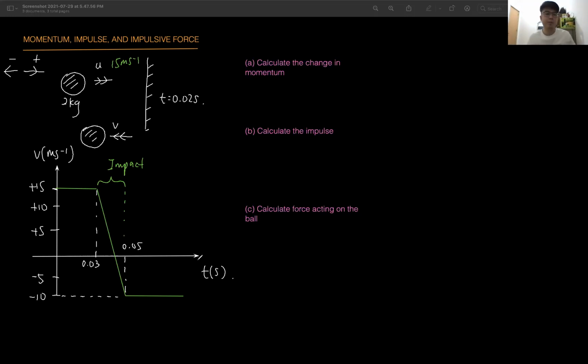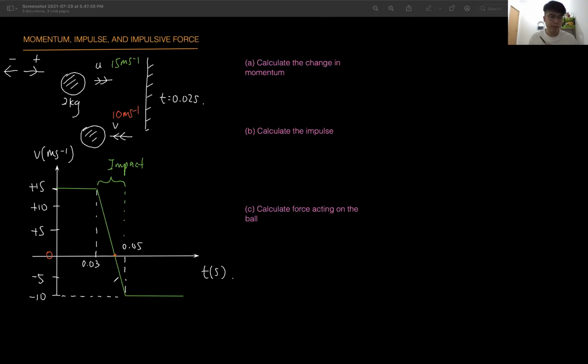in the opposite direction. So before moving in the opposite direction, it has to stop first. That is the turning point. The turning point happened when the green line crosses the x-axis at this point here. That is the 0 point, right? So it is at rest momentarily. And then it reverses direction and leaves the wall with a velocity of 10 meters per second.